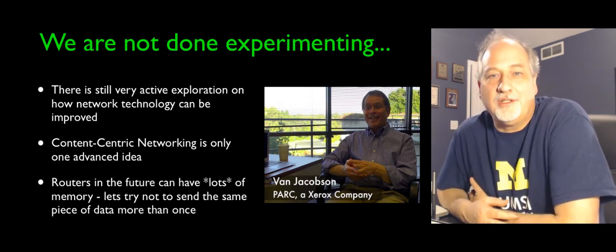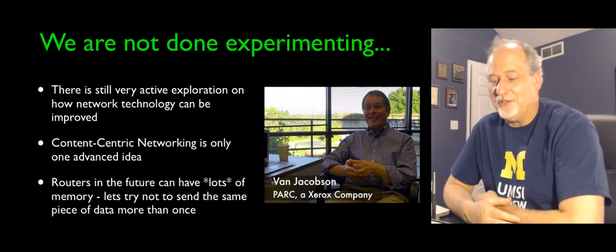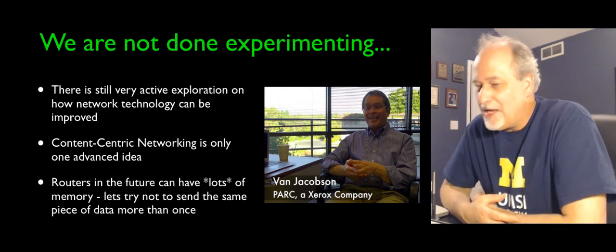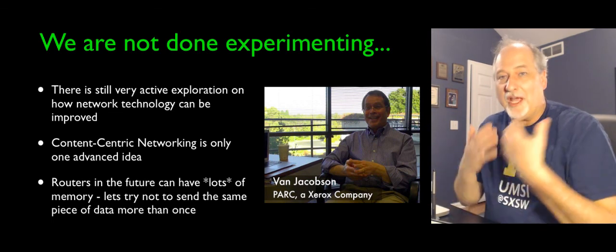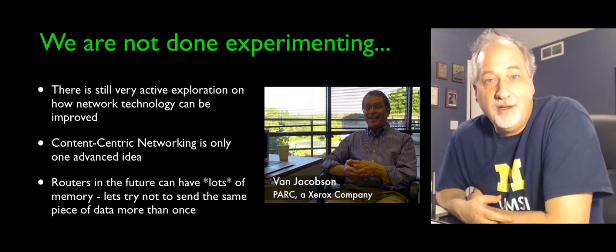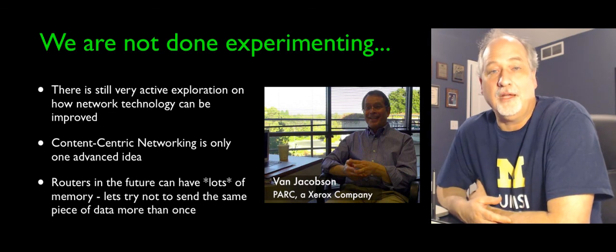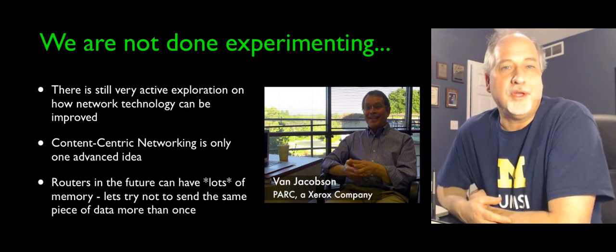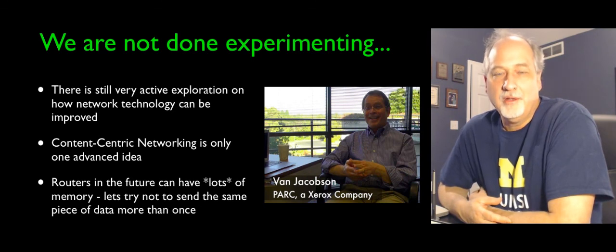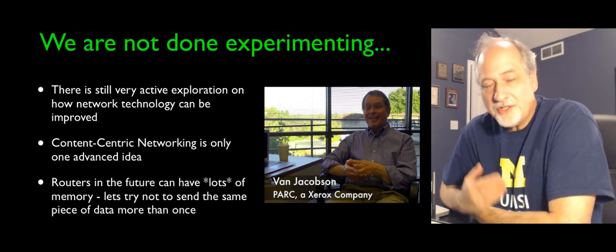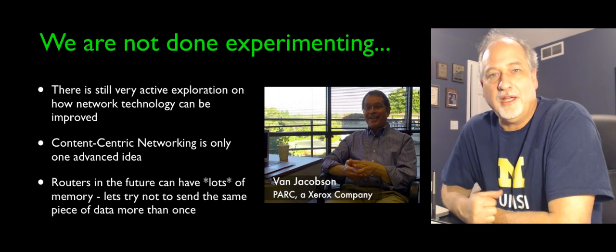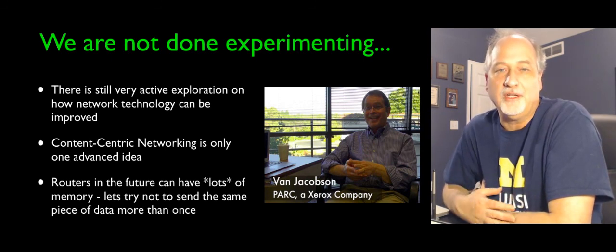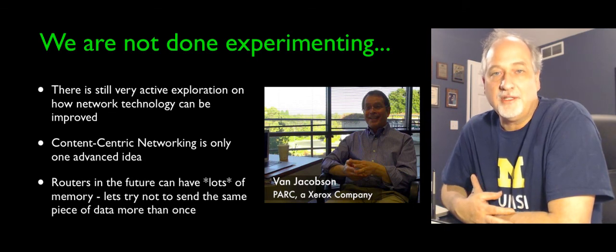And so it's really interesting to hear again from Van Jacobson, who did this great innovation in 1987 that saved us, and yet he thinks that these are issues, and they're issues that need to be saved again. And I think in many ways he's right. The question is not so much whether he's right or wrong. The question is what the ultimate solution that we pick will be. So take a look at Van Jacobson and what he is thinking about in terms of the issues in the future that we're going to need to solve when he talks about content-centric networking.